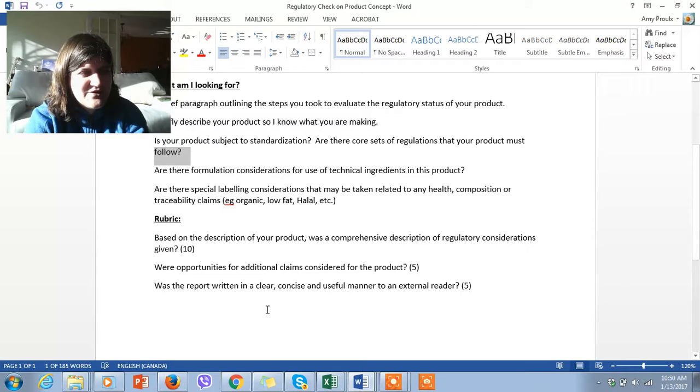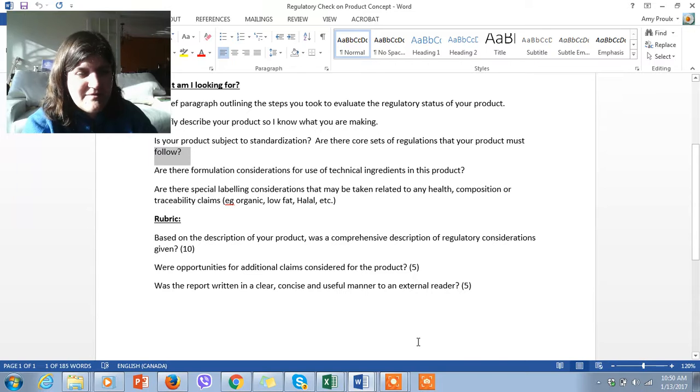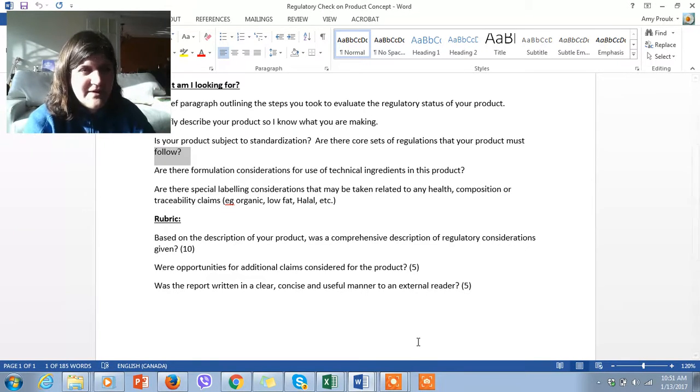And last but not least, make sure that it is clear and concise and useful to an external reader. So that may include things such as properly referencing any regulations that you are going to be quoting. Again, if I was an external end user, it's particularly useful if you are using web links to indicate those in your document so that I, as your actual external reader, can quickly cross-reference that you have done your research appropriately. Again, if you have any questions about this assignment, I look forward to speaking with you